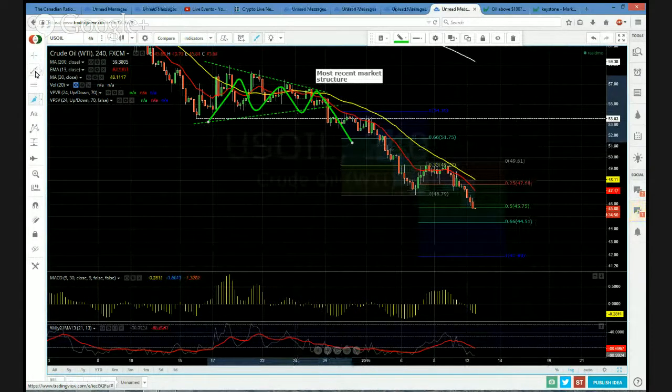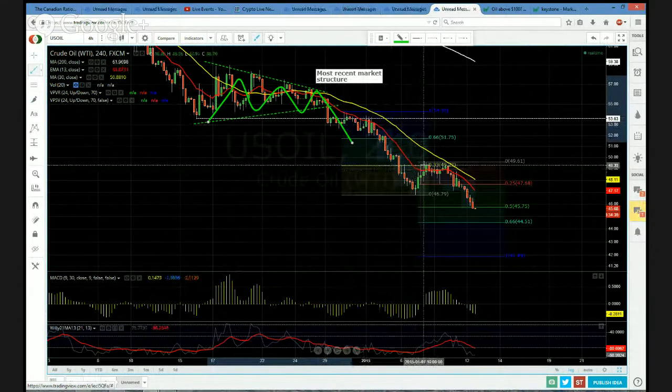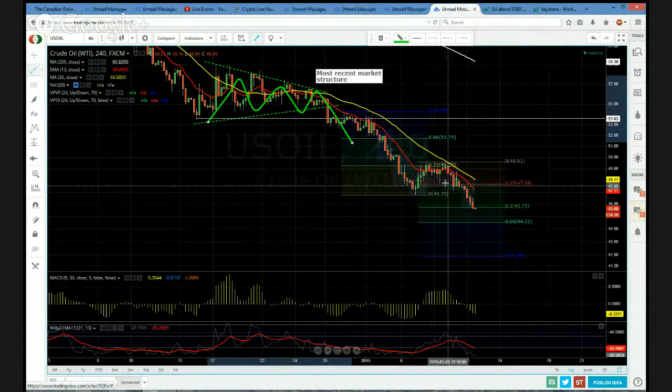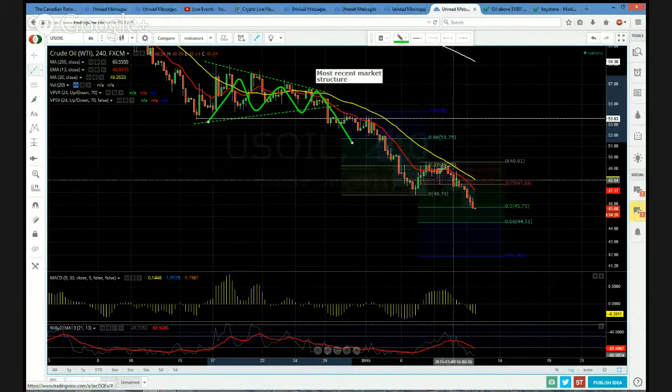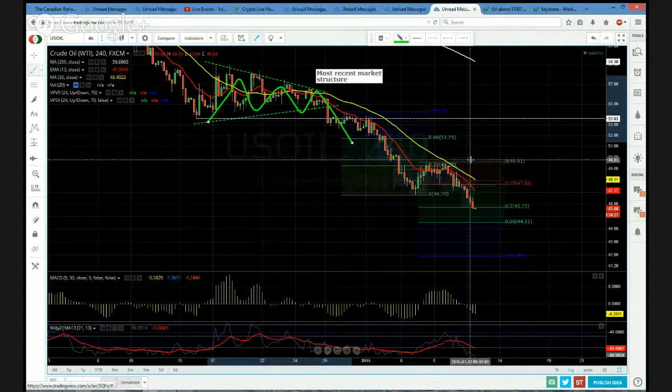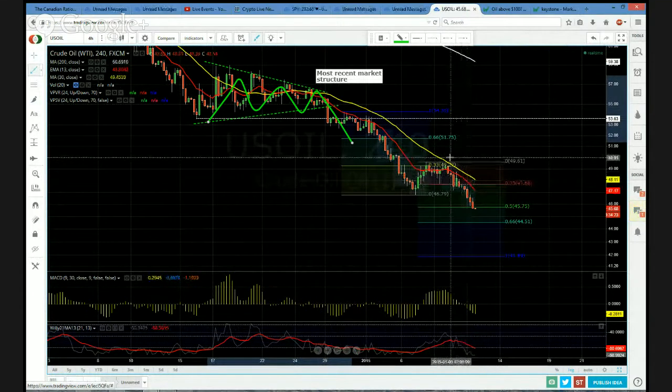So in this case, you could argue that this was the fail level of that M top, right? So if we saw the panic dump, we got a dead cat bounce, put in a very well-defined little top, and look how the pullback was right off the 25% level. So our little day trading model would basically say, go short that double top, take your stop, get stopped out, walk away from the trade if it breaks back above here.